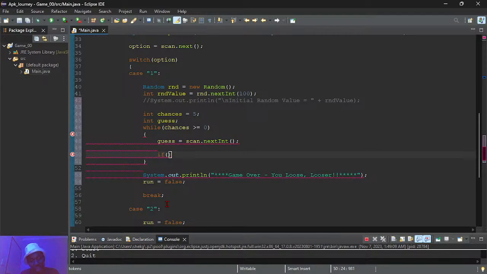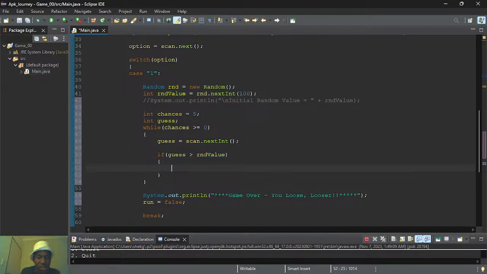If it's not greater and not less, that means it's equal. But we should also accommodate if guess is greater than the random value, then something should happen.